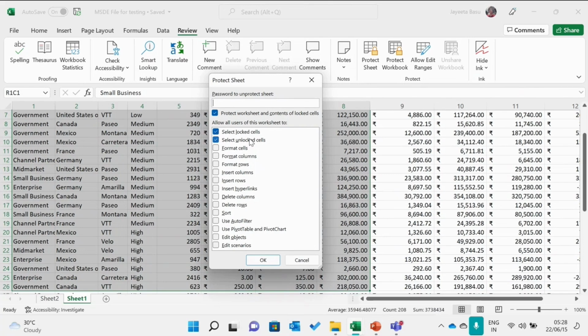So let's say if you have locked and unlocked cells, format them. In case you don't want them to do anything, you can do that as well. But let's say this is only for you. You want this document. You can select all of them and make sure that you keep the password to yourself